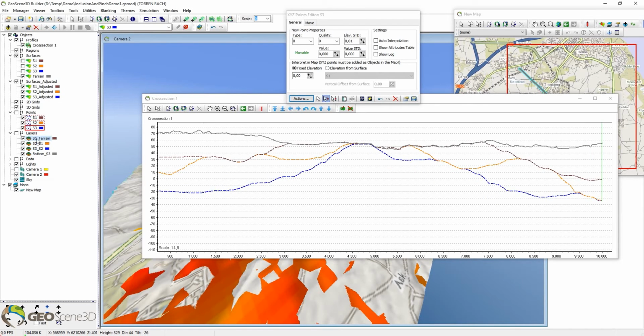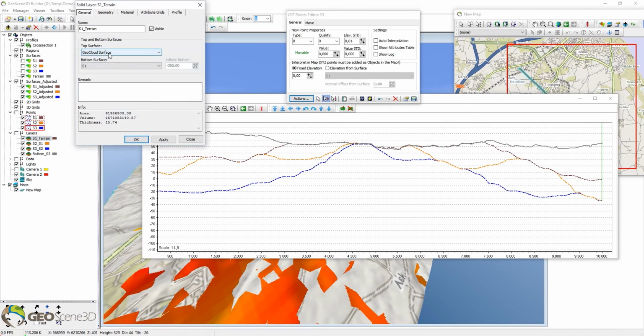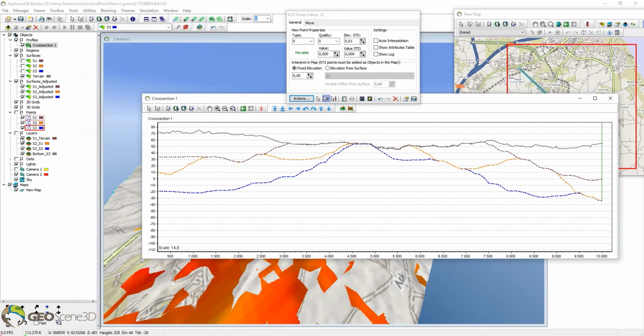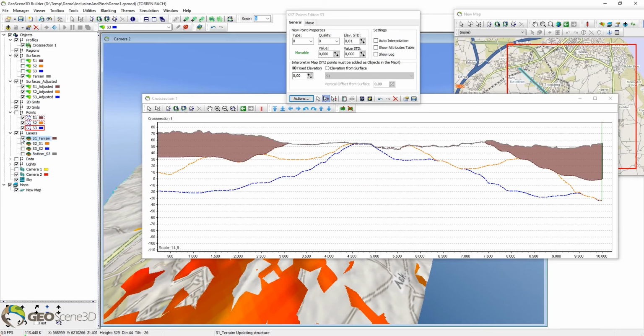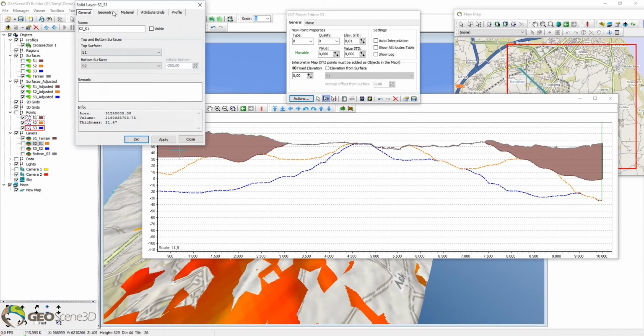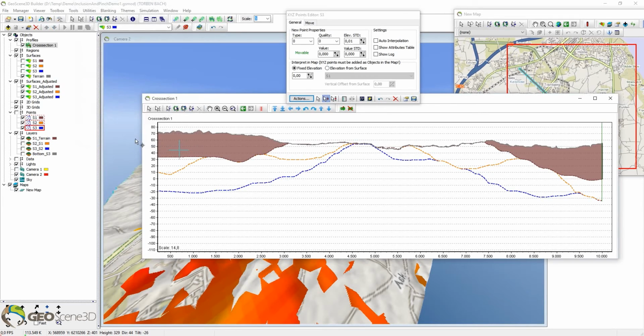So we have the surface 1 layer. So we'll set here top surface is terrain, bottom surface, surface 1 adjusted. Okay. And enable that one. Like so. And then we'll take the next one. Surface 1 adjusted, surface 2 adjusted. Okay.